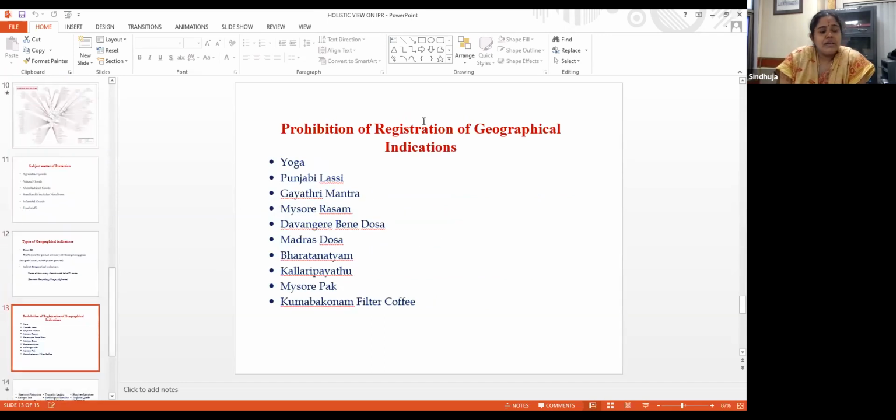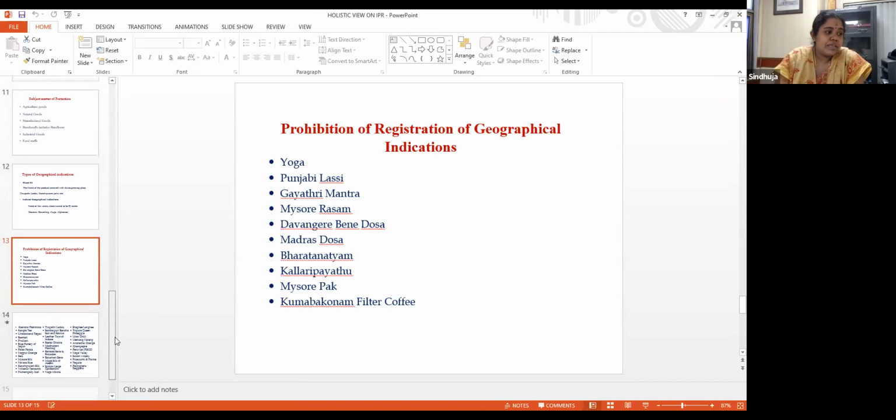You can see, just like we saw some of the prohibitions or limitations in patents and trademarks, here are some of the prohibitions for GI. On comparison with the trademark, for example, can anyone try to trademark a national emblem or anything like that? No, because it is prohibited under certain rules by the legislations. So here you can see some list of items which are restricted from filing of GI. And this is the main difference between the GI and the trademark.